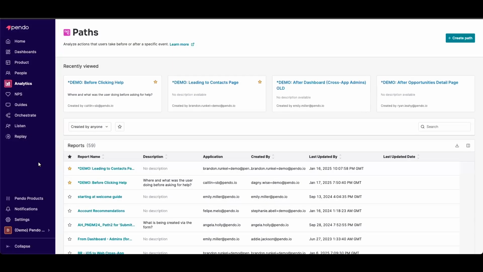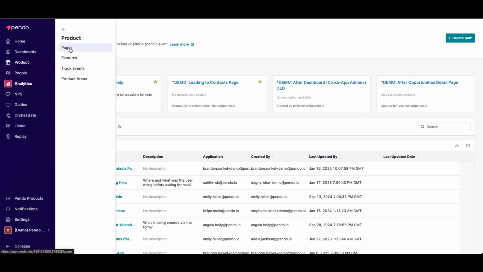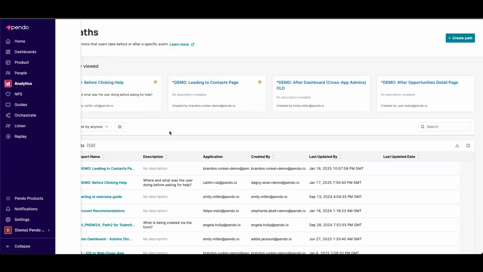Pendo, you'll be able to deflect support tickets in many ways by leveraging our analytics to understand the underlying causes, our session replay tool to drill into the specifics of user frustration, and in-app messaging to guide your users to a desired result. Because our no-code, low-code solution gives us visibility into the pages your users are visiting and the features that they're engaging with, we can help you understand what your users were doing prior to